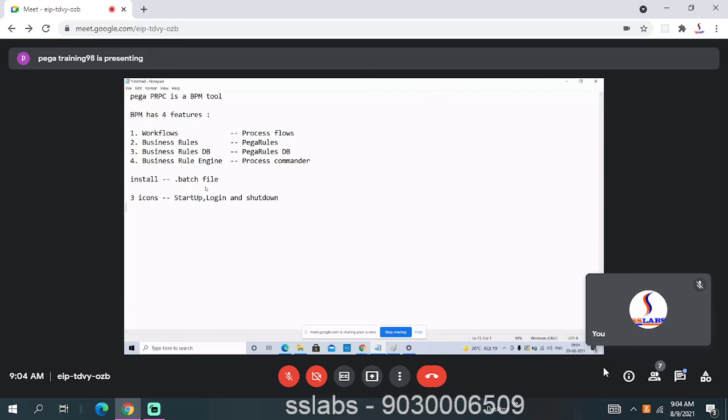These are the three important icons you see on the desktop after installation is done successfully. You first need to click on startup, and you will see a black console window open. Don't close it. It will be starting the server in the backend.